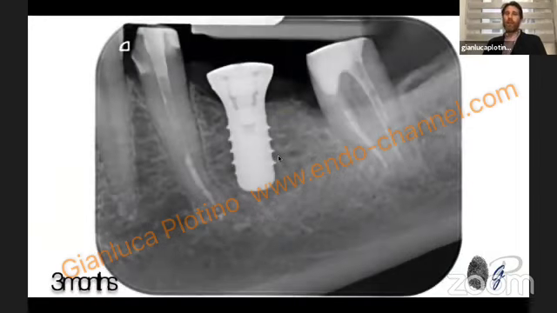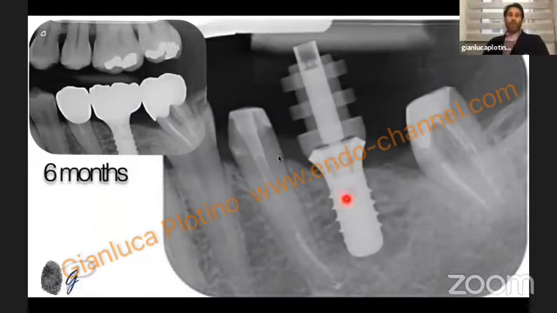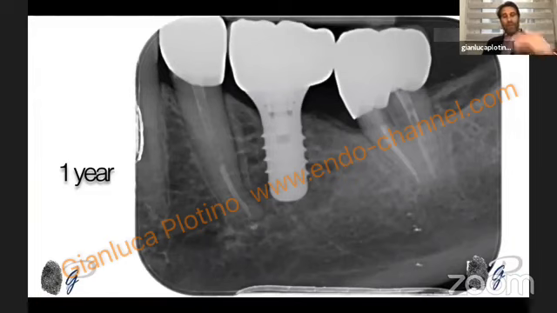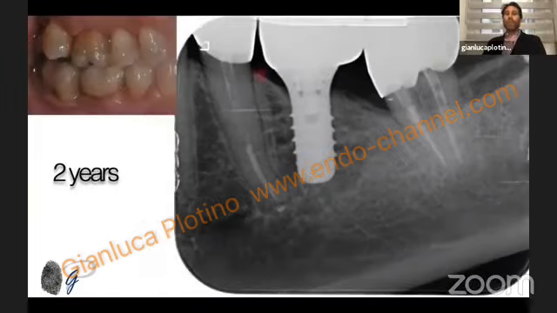Splint for a couple of weeks, orthograde endodontic treatment in a couple of weeks, up to the level of the retrograde filling, 2 weeks of splinting, and then after 3 months, when the implant was integrated, this was very well integrated, prosthetic procedures, 3 single crowns, and we have the time in the future to put an implant in this location, but now we still have the